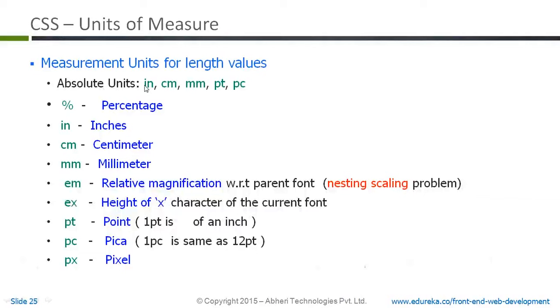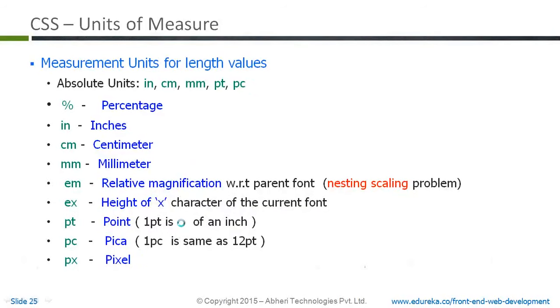See here, these are absolute units. IN stands for inch, then centimeters, millimeters, points, and PC, which stands for pica. There's another unit called px. Px is one of the frequently used, and stands for pixels. So what does a point mean? Point means